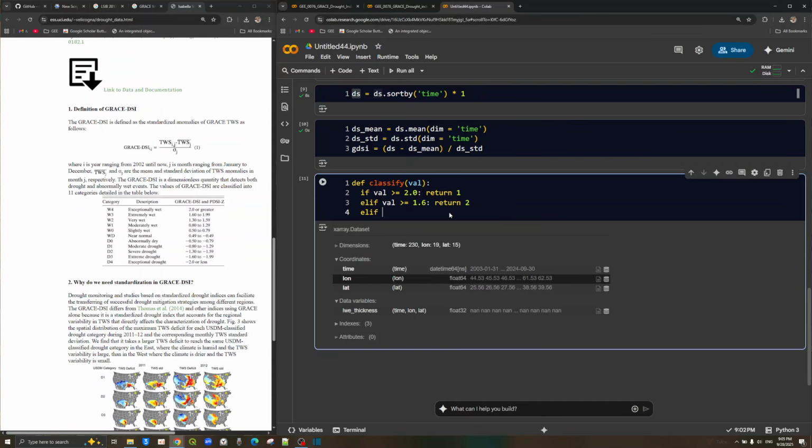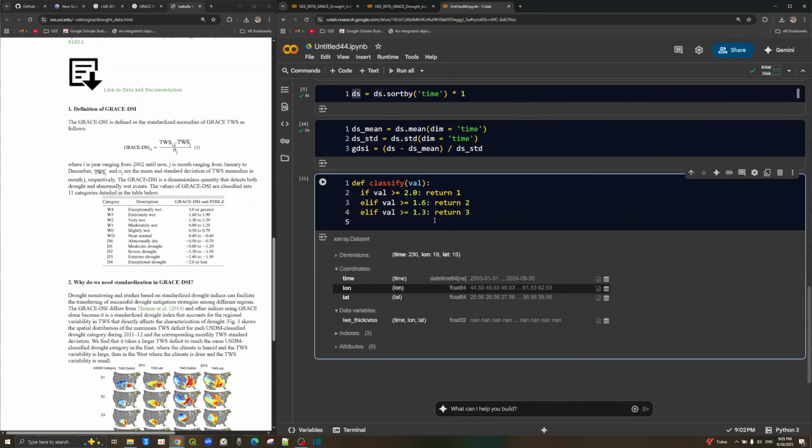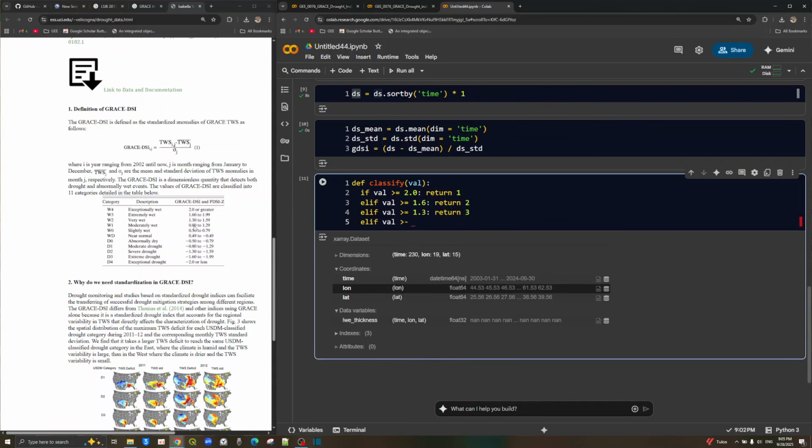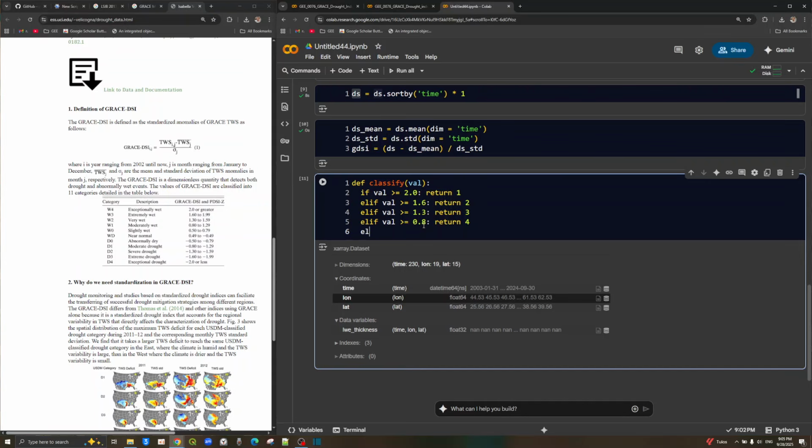2, and else if the values are greater than or equal to 1.3, values between 1.3 and 1.6, return as class number 3. This is a very wet class. Else if values greater than or equal to 0.8, and less than 1.3, return as number 4, else if